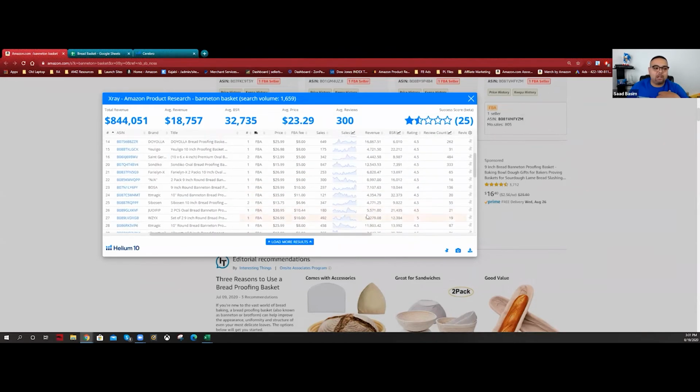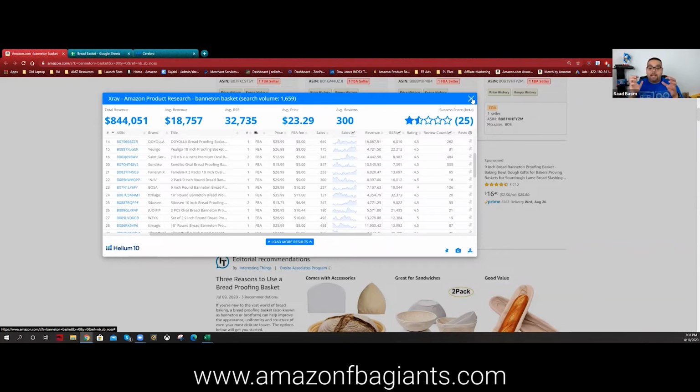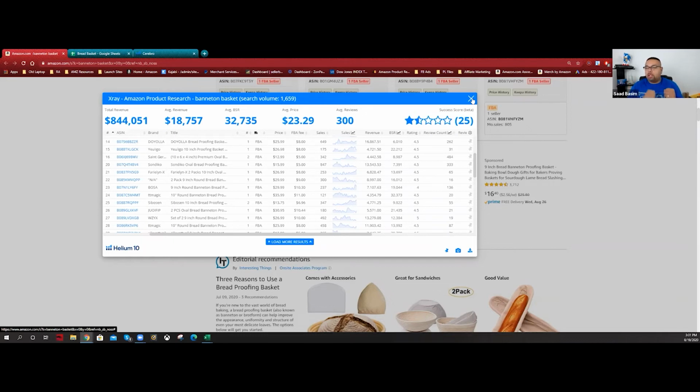But most likely it's going to be anything from the 30, 35 position. So I make it a rule that I always do 35, or 30, or 40 if I want. But 35, I think you're good and you're more than enough. But if you want to be tighter and you want to get the results data, I want to find the product that's really, really good, instead of 35, I can